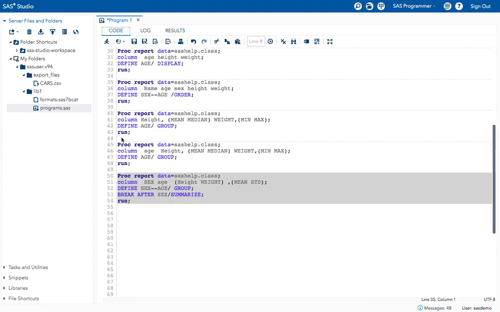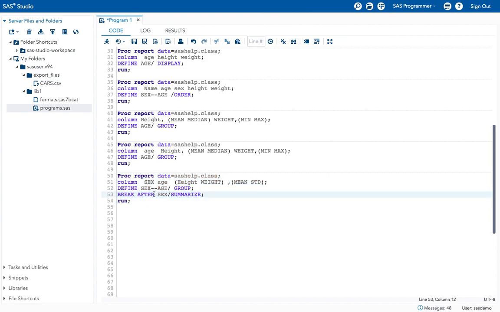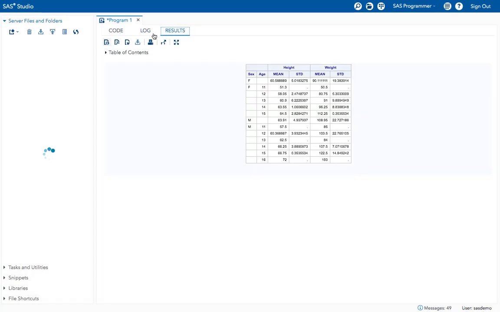How can I get that? Instead of break after, give break before. Now execute the program. See, now I got the summarize values on the top of each gender's data values.